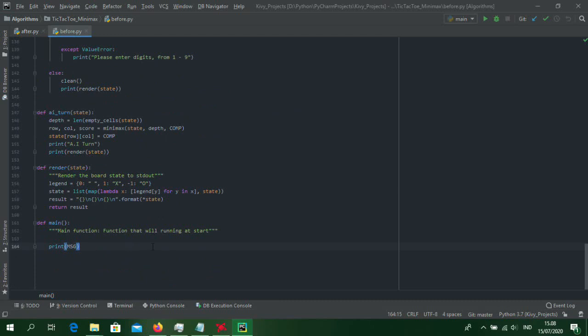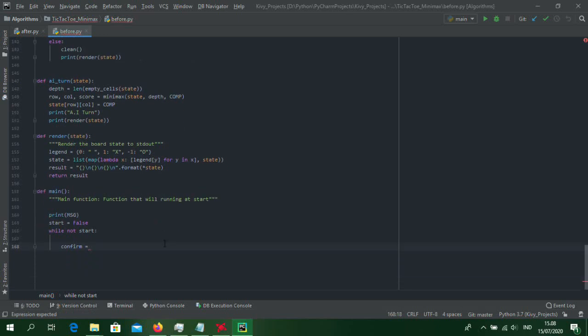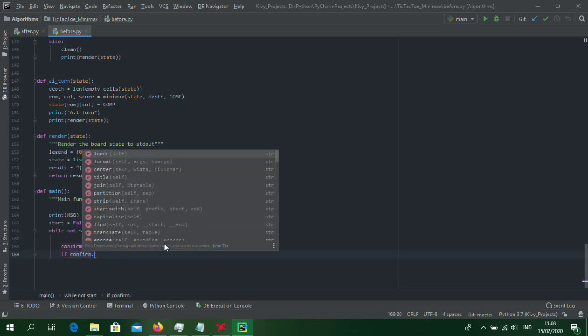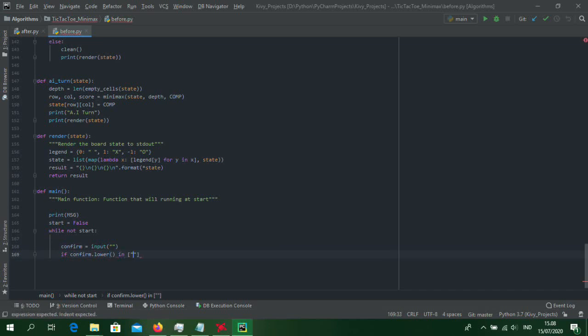Okay, so to answer that, we create this boolean variable. The start will be false while the game is not started. While not start, we need the player confirmation, which is input. If the player is ready, when he writes yes or y here, the lower method here will ignore case, or will be case insensitive. Okay, if the player is ready, we can start the game with start will be true,